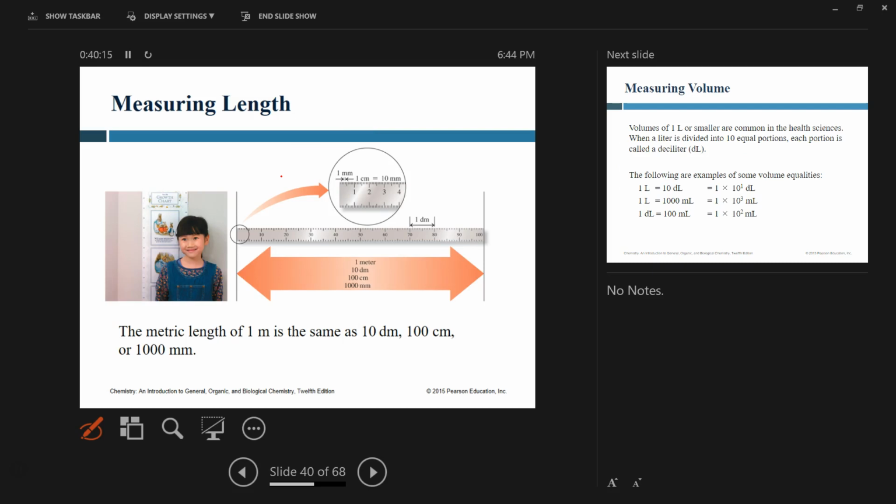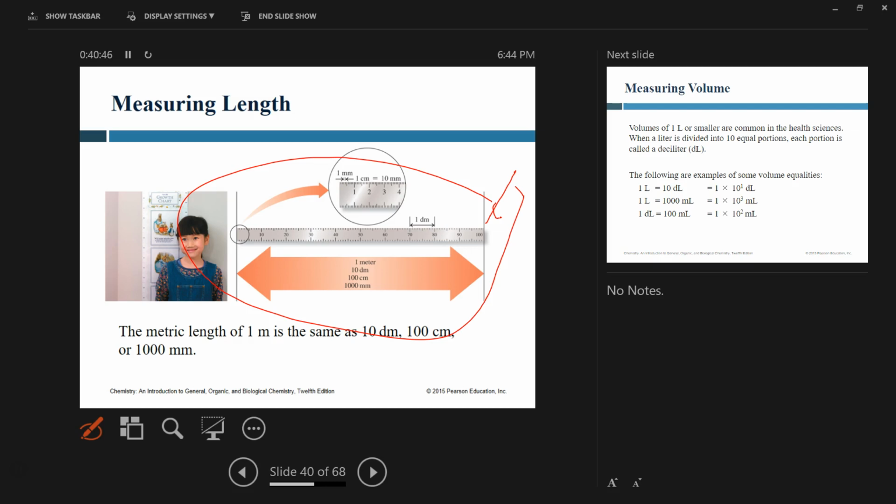How do you measure? This stick gives you a measurement of 1 meter. That's your basic unit. Now, if you look at the stick really closely, you will see a number 100 here. So 1 meter will contain 100